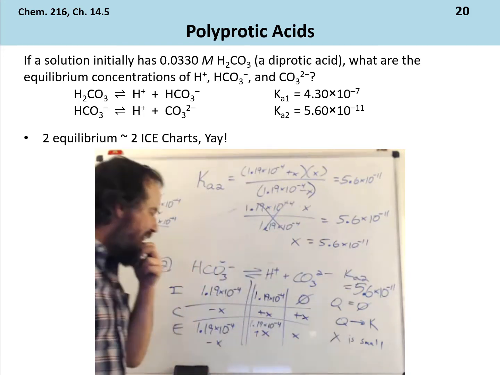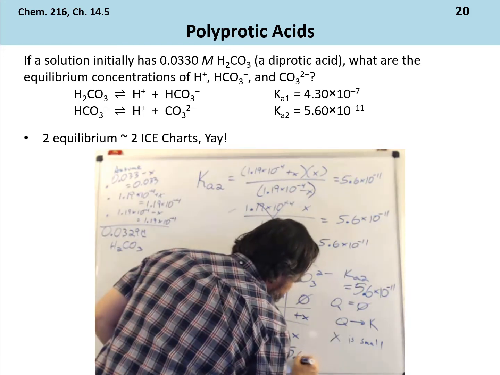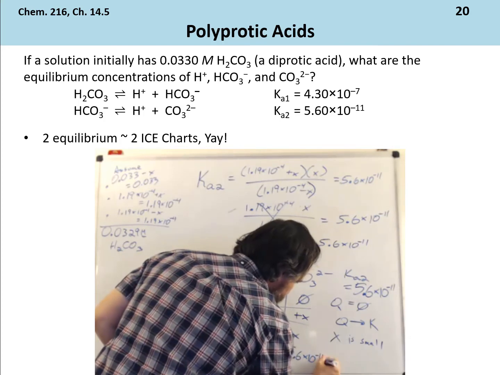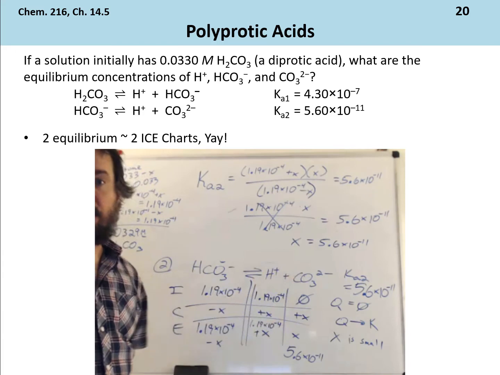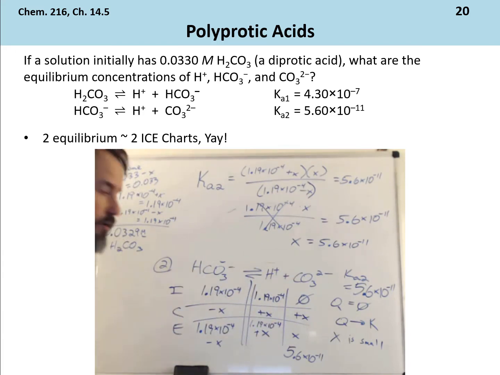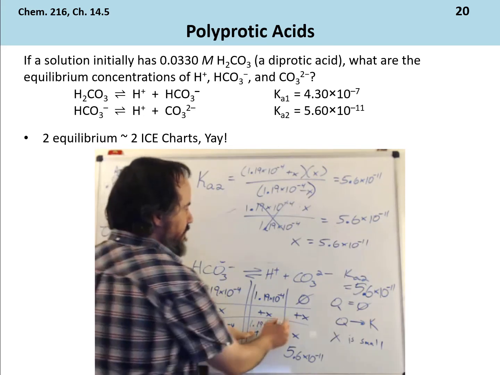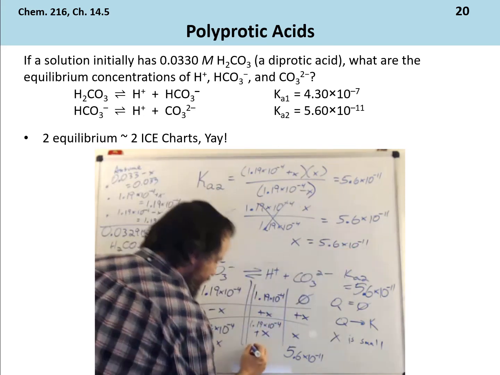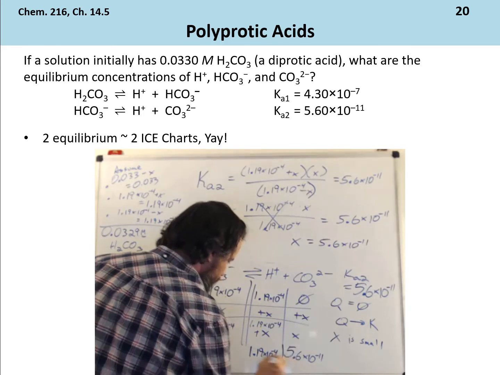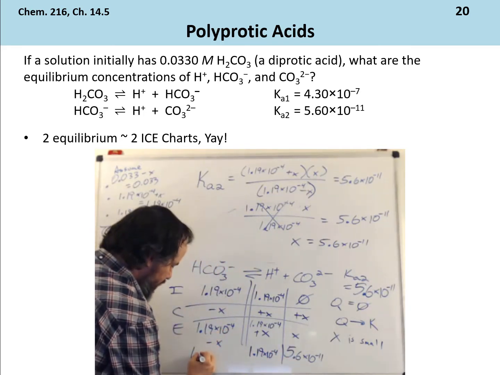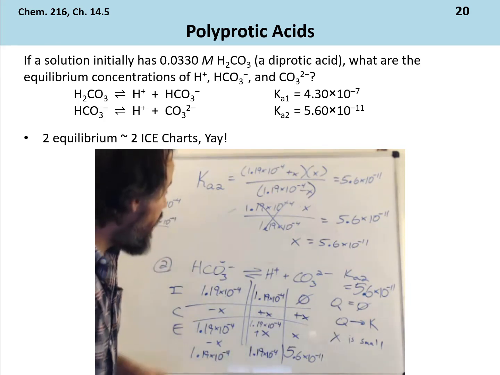Okay. Now I can go ahead and use that here. That's my amount of CO3 2 minus. 1.19 times 10 to the negative 4 minus this, or plus that, is still going to give me the same. And this minus that is still going to give me the same. Okay. All right, so